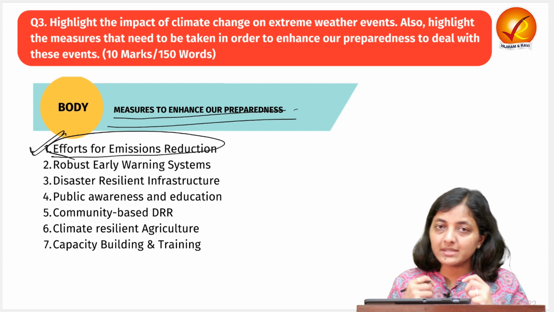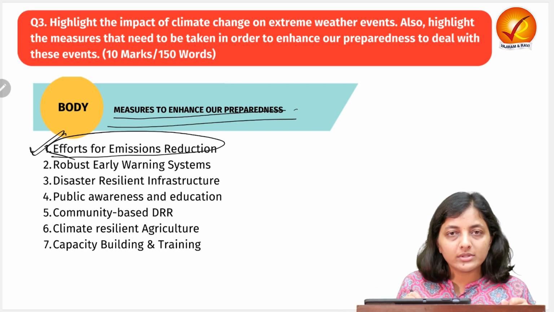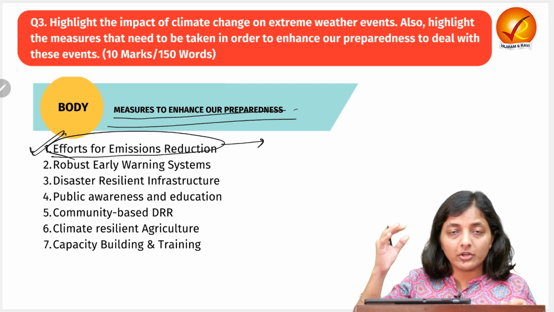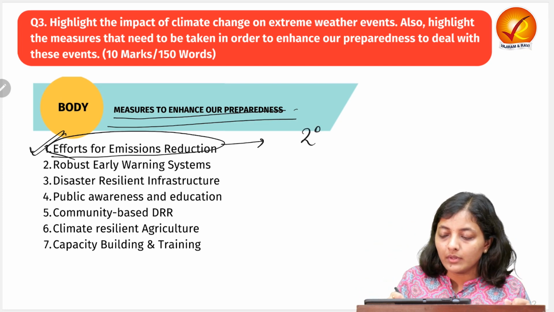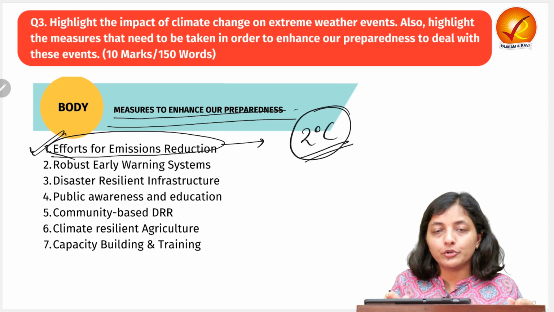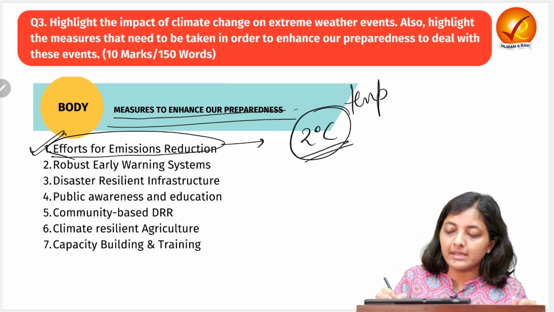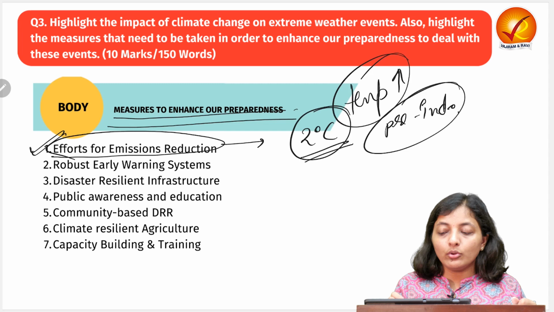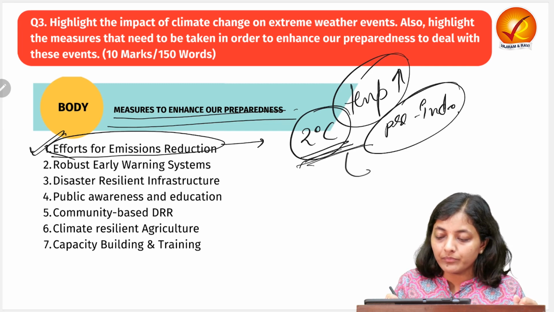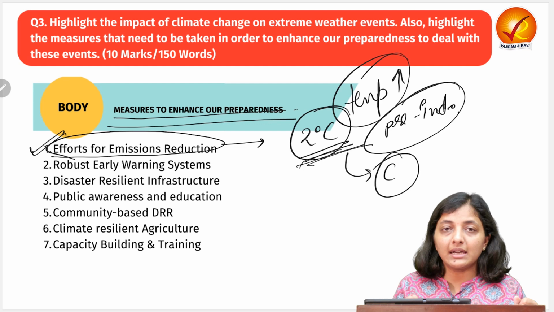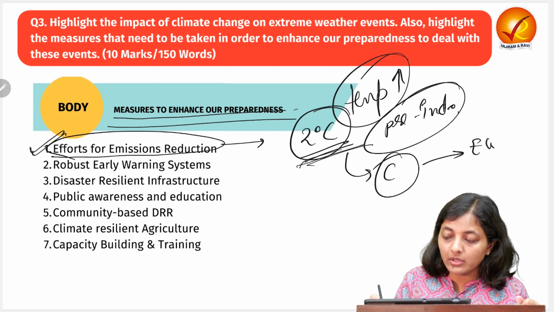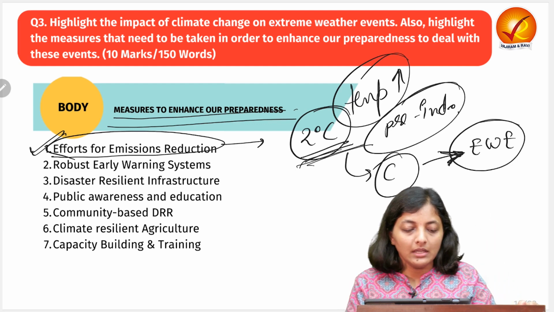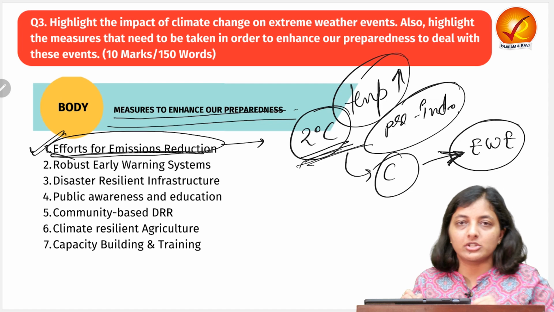So our approaches should be sustainable in nature, so as to reduce the carbon emissions. Then only we will be able to meet the target to stay at less than 2 degrees temperature rise from the pre-industrial level. We have to stay within these limits to not impact the climate much, so that it will not impact extreme weather events much. So we have to take efforts for the emission reductions.